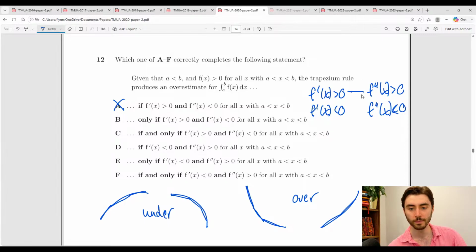So here, overestimate. The gradient is negative, but again, so that we want these two. So all we need really,